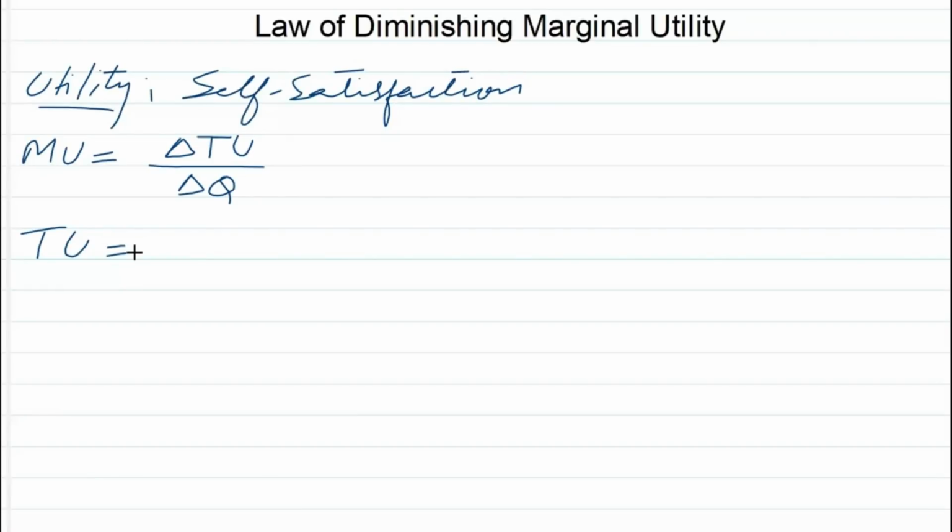For example, if we consume 2 units or 3 units of a product, then we can add the marginal utility of each product to get total utility. If we consume the first unit, we get marginal utility from the first unit, so we will add it, and by consuming the second unit we will get marginal utility from the second unit, and if we consume another unit, we will also add the marginal utility of the third unit, and so on. So this will give us the total utility by adding the marginal utility of each product.